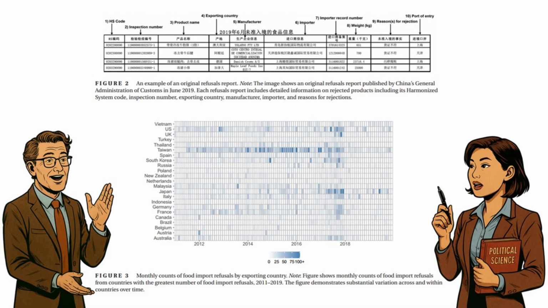So what do they actually find? They find consistent evidence that political tensions lead to more intense use of import refusals. Increases in conflict scores are associated with significant rises in the number of refused shipments from the targeted country. The effect shows up on the intensive margin, meaning more refusals when tensions are high, but not on whether refusals happen at all. Case studies of Philippine bananas and South Korean cosmetics and food during disputes illustrate the mechanism.